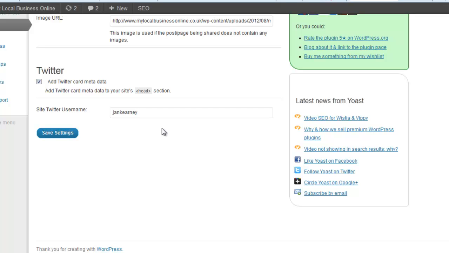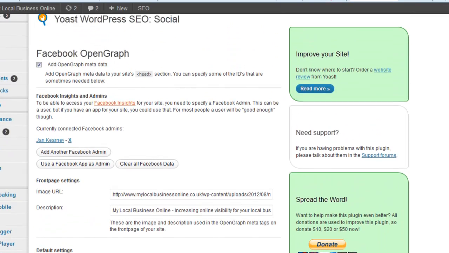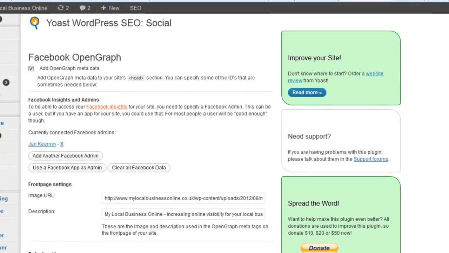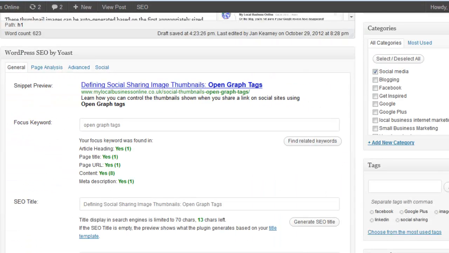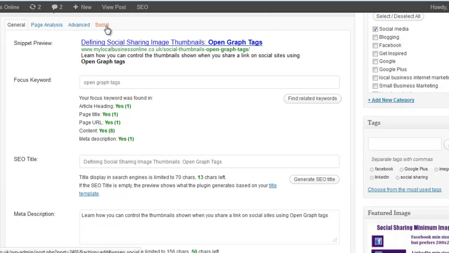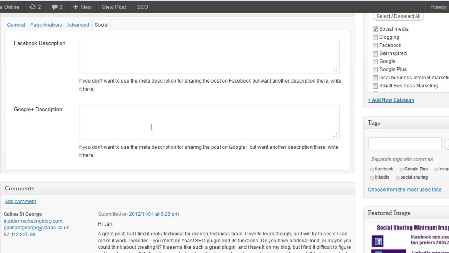And that's about it. So I'm hoping that you'll now see that the Open Graph tags don't need to be as complicated as they actually are, and that I recommend Yoast WordPress SEO to set them. You can do it all on this page as your defaults, and when you edit your posts or even write your posts, you can add extra settings in your social section here, and you can define an image using the featured image setting that comes with most WordPress themes.